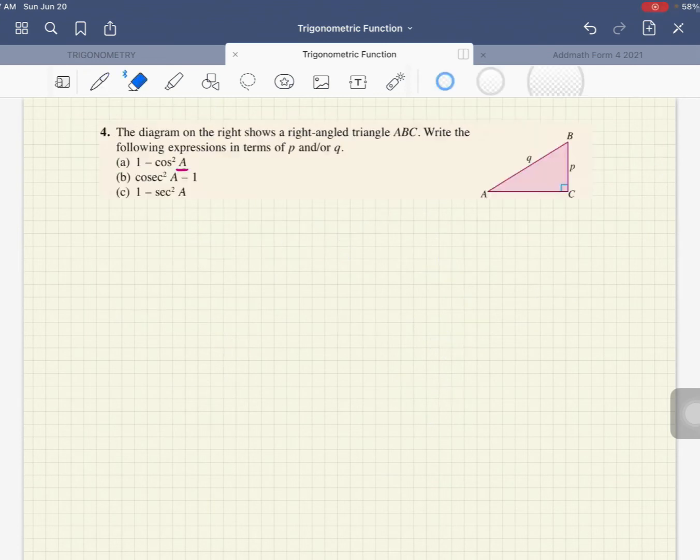Okay, that is for question number 3. Last question for today, question number 4. Let's look at the diagram on the right. Right angle triangle ABC, write the following expressions in P and/or Q. For questions A, B and C, you probably need to use only P, only Q, or both. Because the angle is here, we have the opposite, which is P, and the hypotenuse, which is Q, and we have to find the adjacent. So how to find the adjacent one? So using